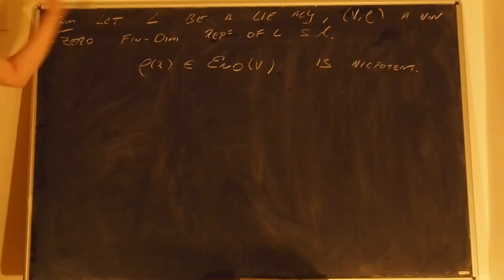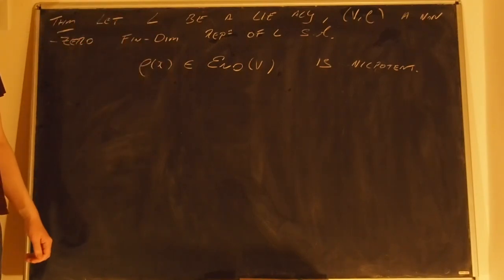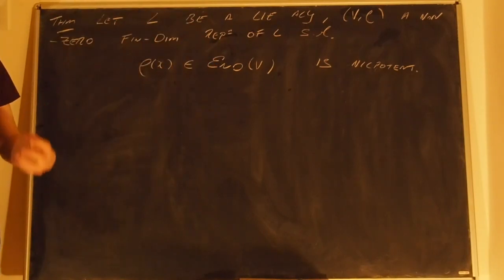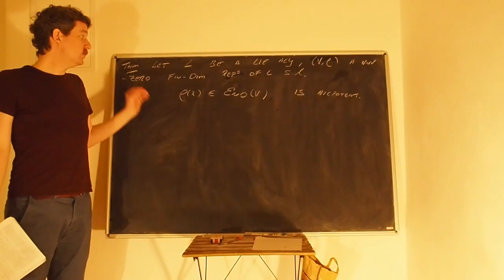Okay, so L is a Lie algebra. We have a non-zero finite dimensional representation of L, such that